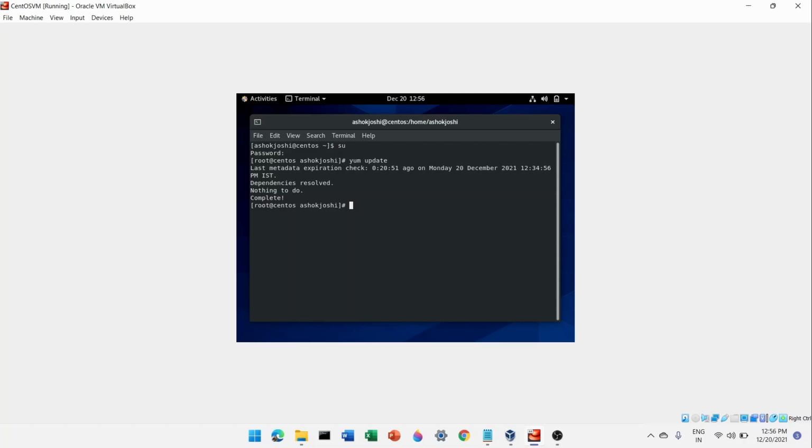The next thing you'll have to do is install some packages and utilities. I have made this really simple, and it's only one command that you'll have to write.